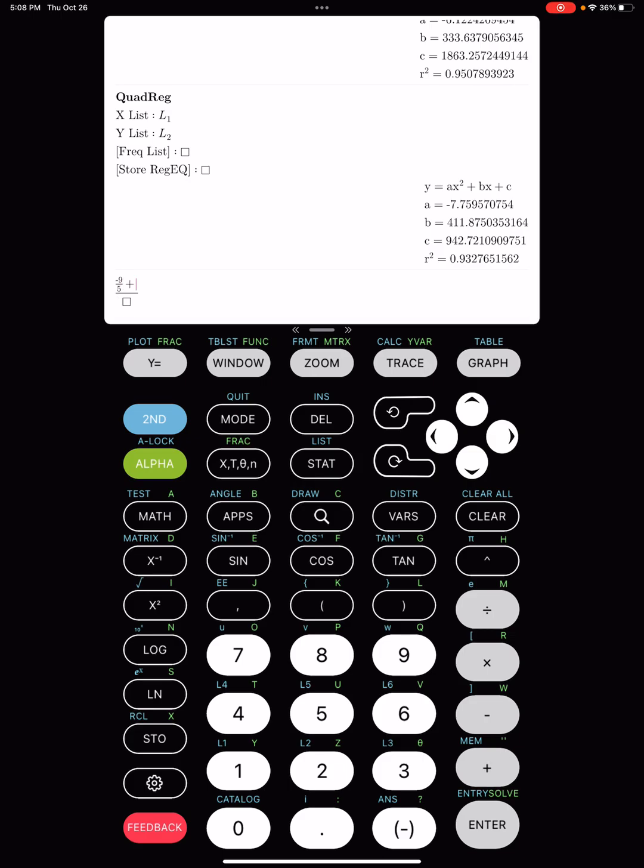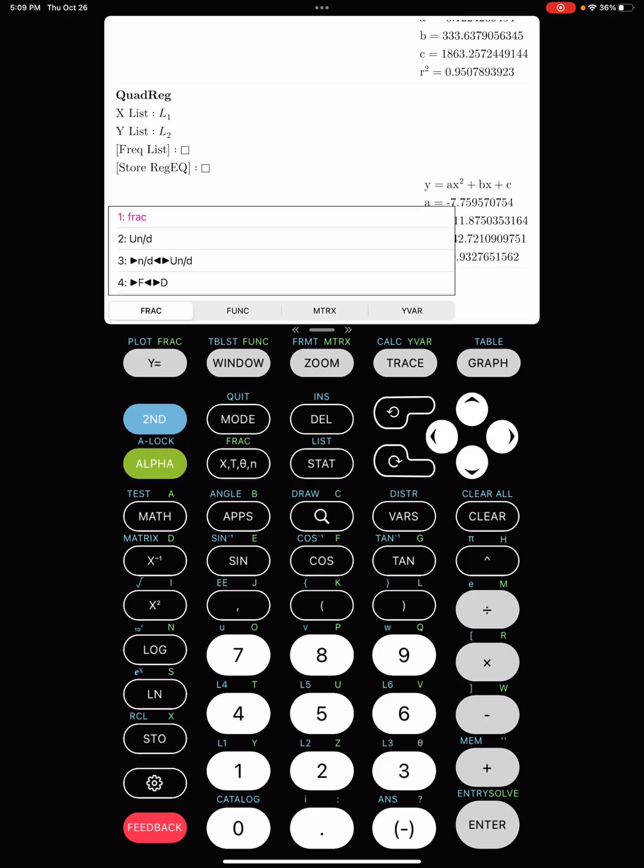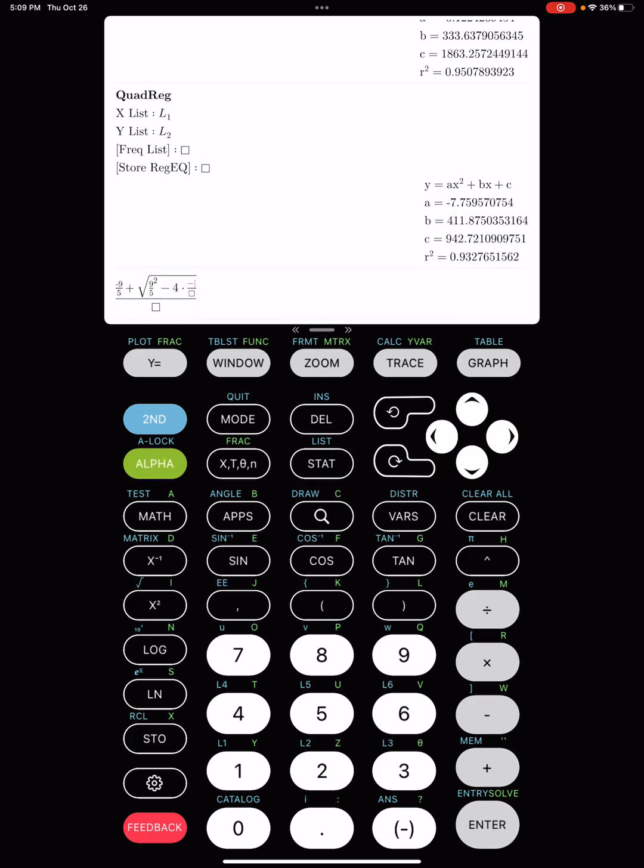I'm going to do plus. The square root of 9/5 squared minus 4 times negative 16 over 2025, and then c is times negative 8.5,